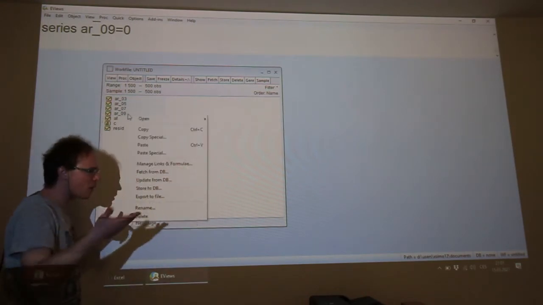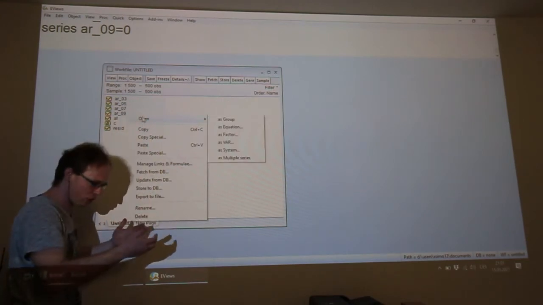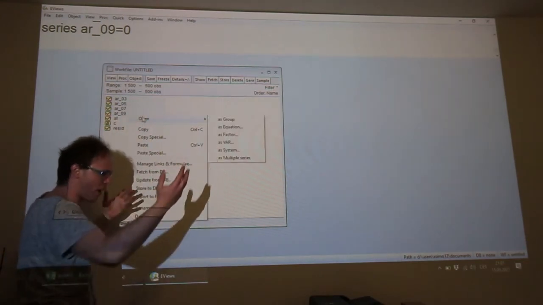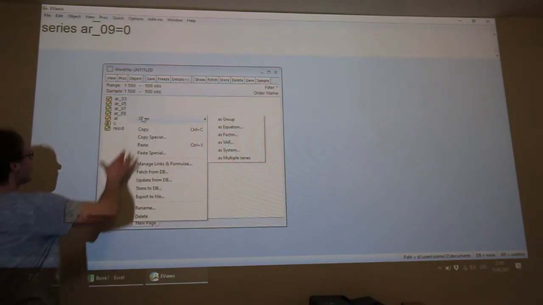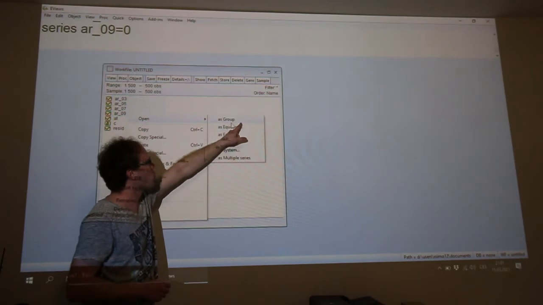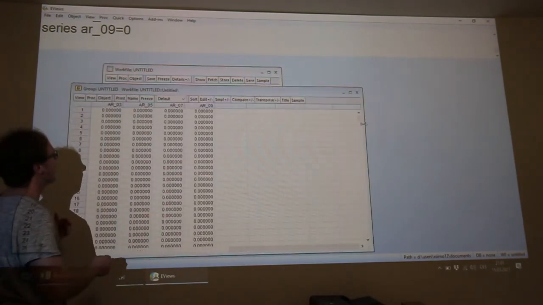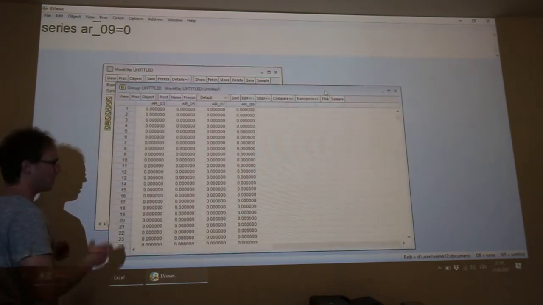Like in Windows when you are selecting more photos or more files. You will use the right button and open as group, and you can see that we have here 4 columns.